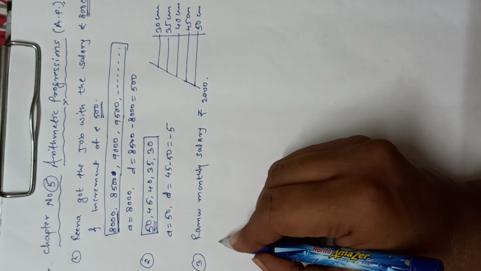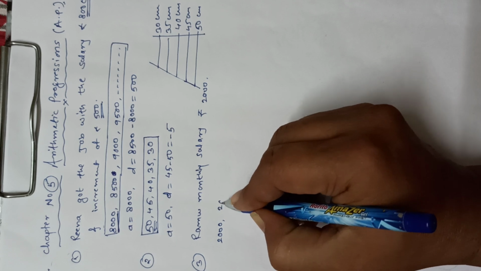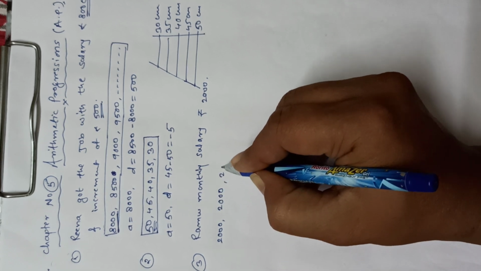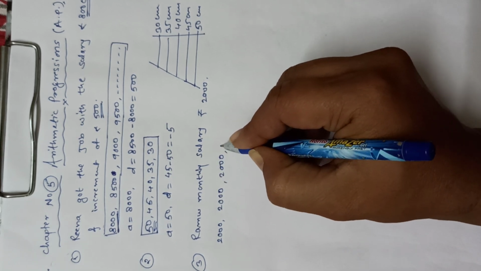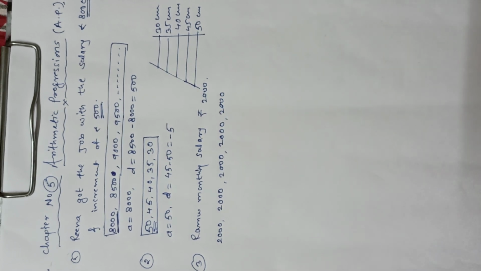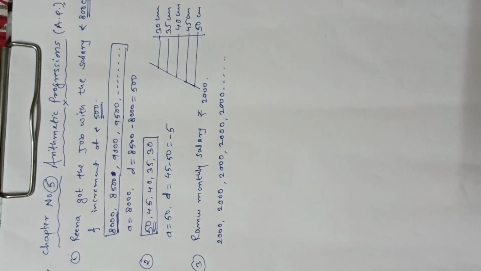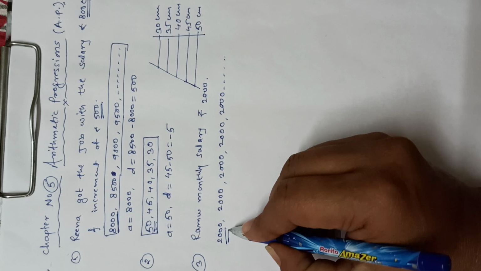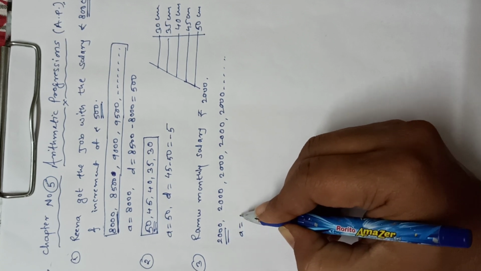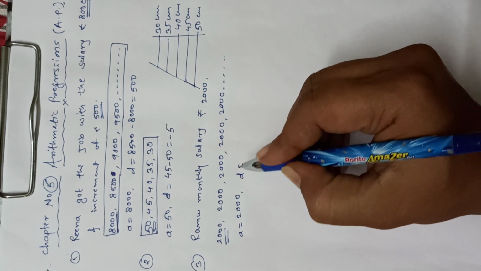Then his first month income is 2000, second month's income is 2000, third month income 2000, then 2000, 2000, like this, and so on. So its initial term is a equal to 2000, common difference d is equal to second